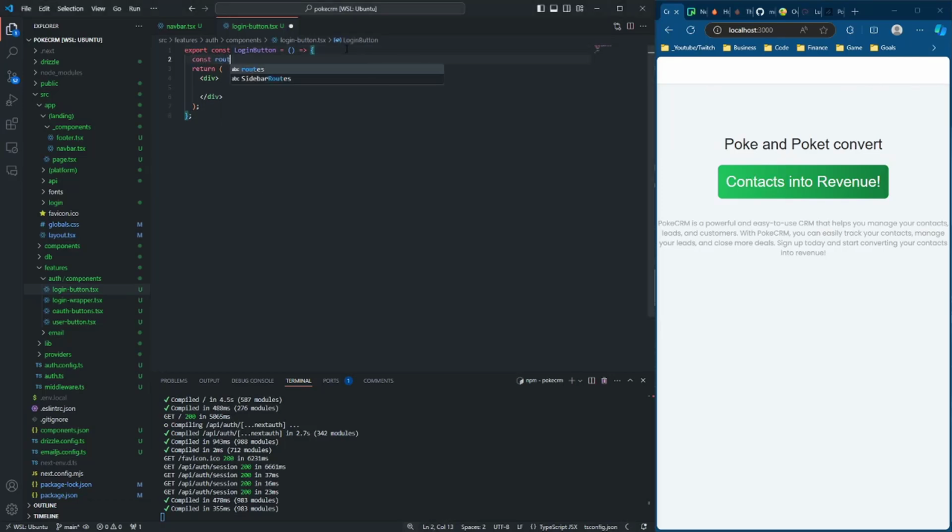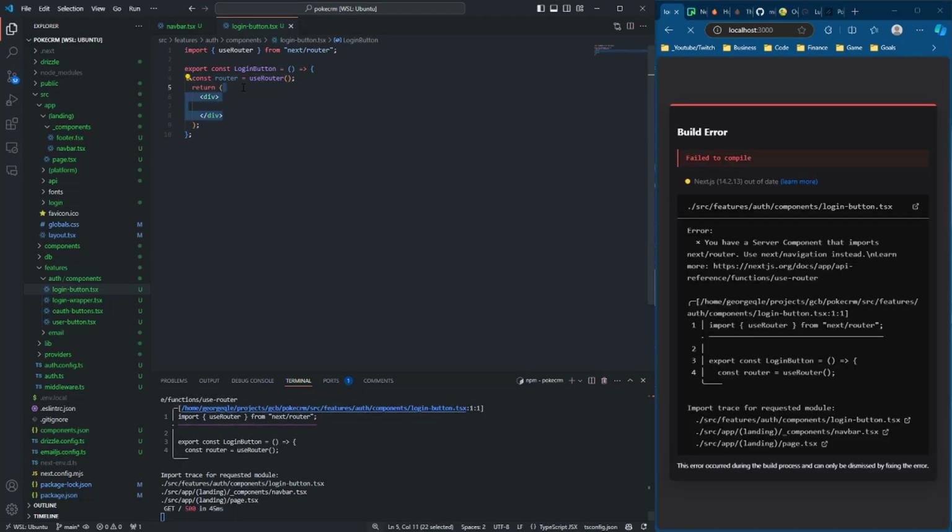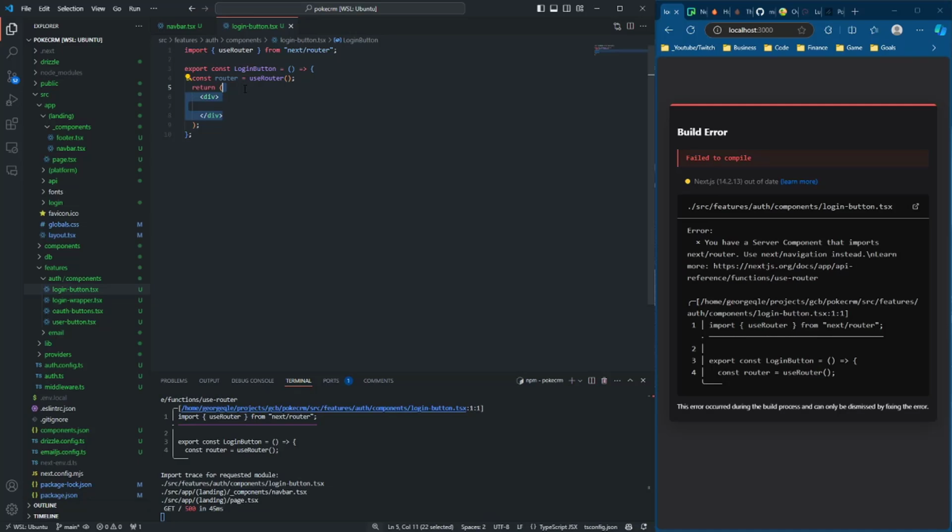So one of the things we're going to need is router from use router here. I mean, I guess there's two ways of doing it, right? You can do a link and then nest a button inside of it, or use a button and then just have it route. Either way kind of works in my mind. Is there a benefit to using one or the other? I guess not, right? So we can just use button here, and then,